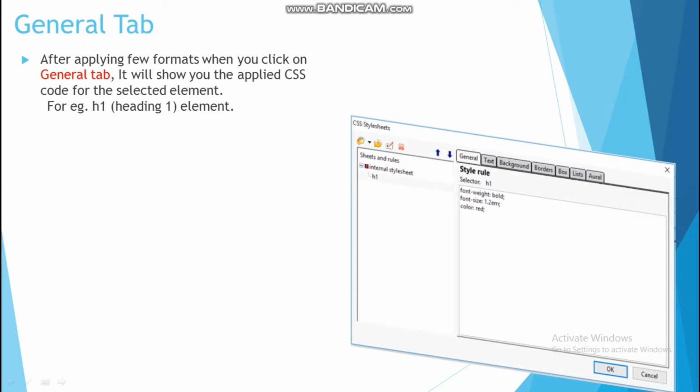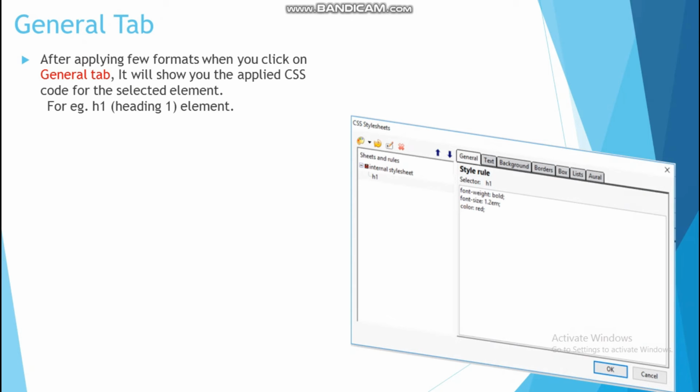The names of these properties are given: font-weight colon bold. Bold is the value of font-weight. Then font-size colon 1.2 em, and the third one is color colon red. So all these are the properties of CSS that we have applied on the H1 element.